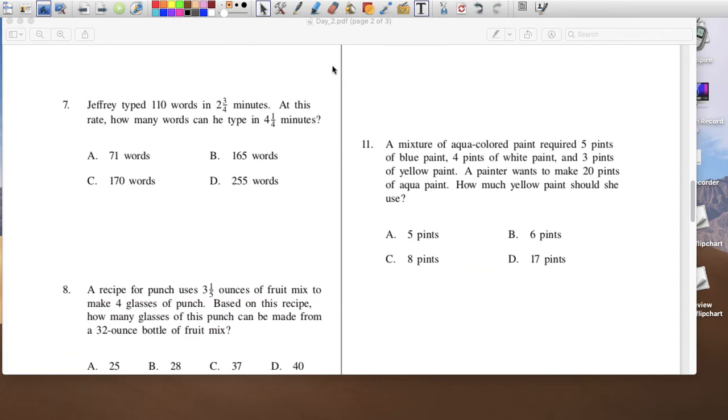Seven. He typed 110 words in 2 3/4 minutes. How many words can he type in 4 1/4 minutes? So,